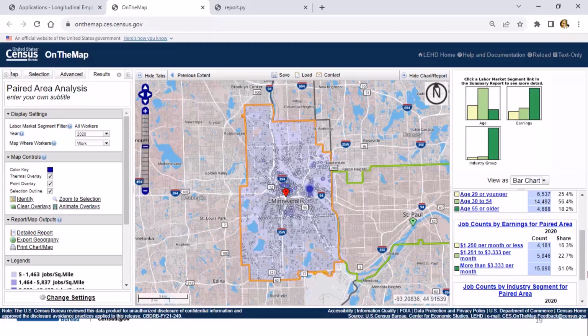While the other analyses, such as the destination, the inflow, outflow, the distance, direction, and the paired area analysis, this is all just how we connect where the worker works and where the worker lives. So that gives us less characteristics versus the area profile and the area comparison. So I just wanted to make that point. It's probably a little confusing too.